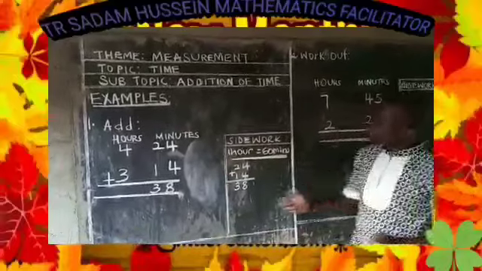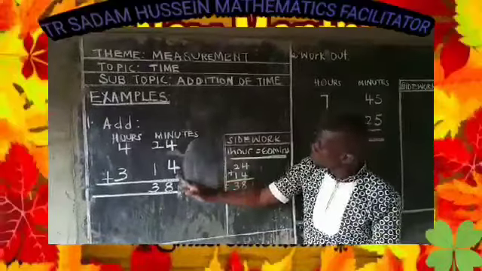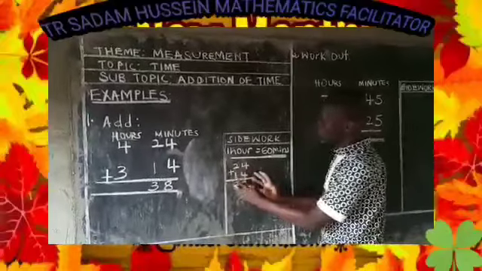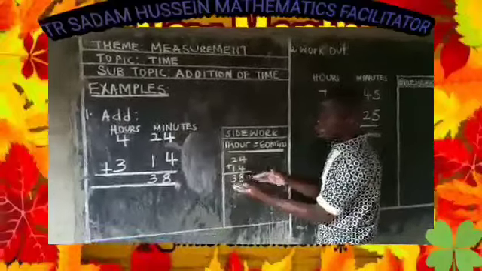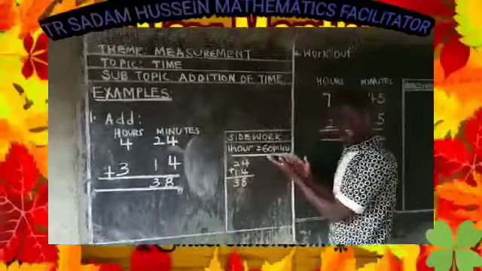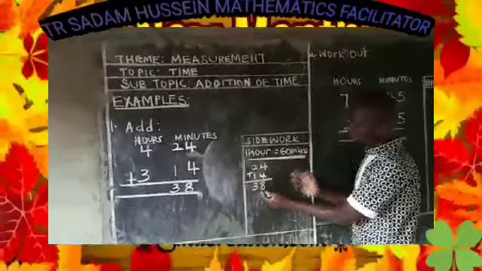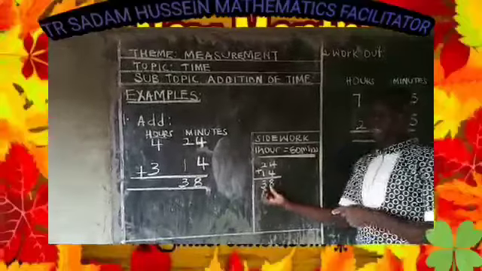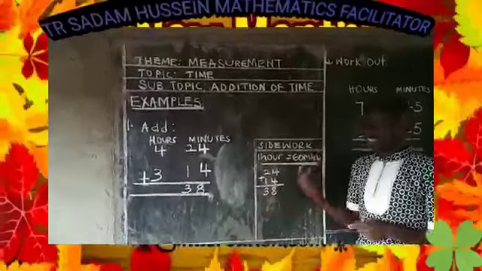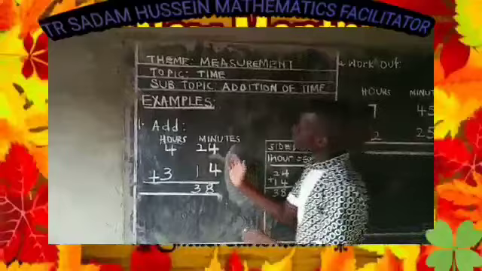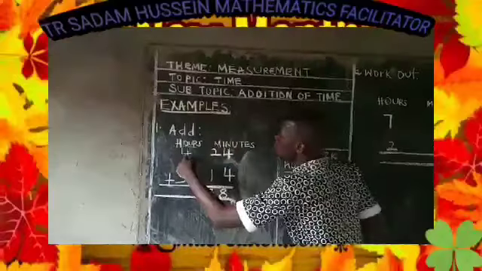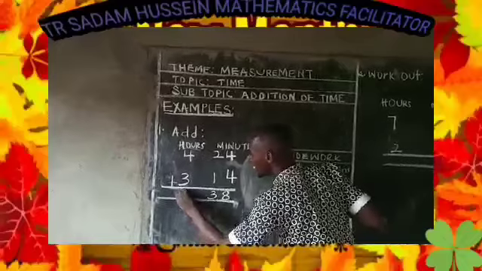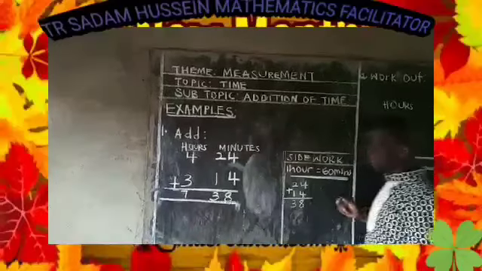Yes, someone is asking, why didn't we say 4 plus 4, 8? That's why I brought it here. It is all minutes. When we add it here, what we get can easily be compared to an hour. You can now look at the 38 and compare it to 60. You realize that the 38 minutes are less than 60 minutes. Then there is nothing we are regrouping. Therefore, 4 plus 3 gives you 7. I hope you can now see that.